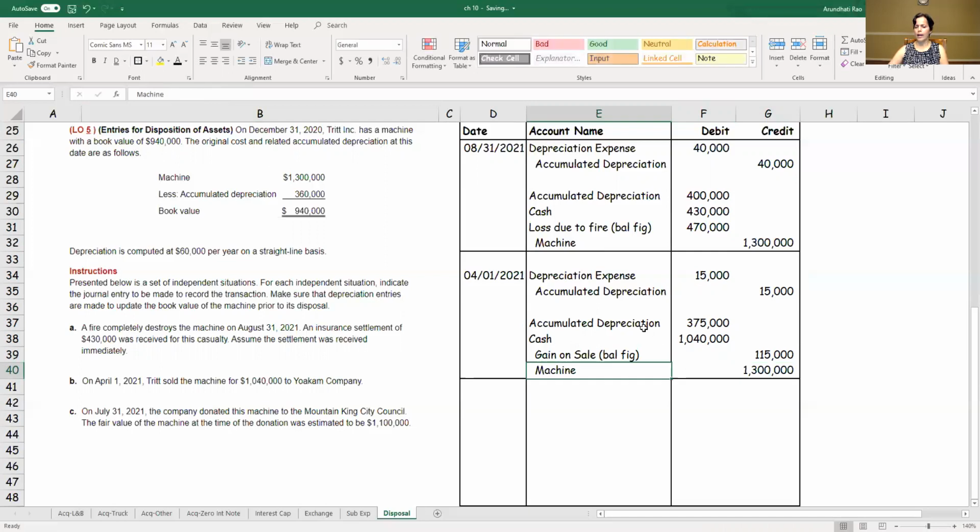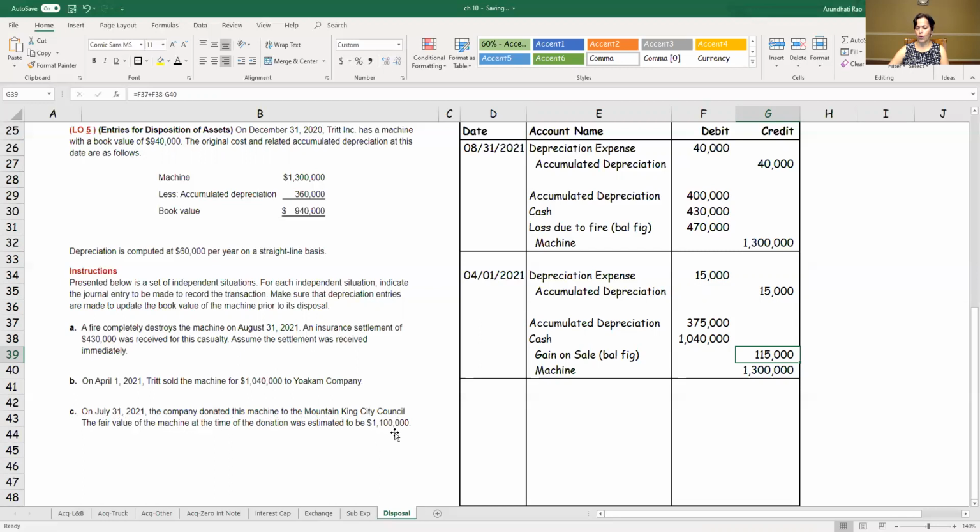Basically, I sold it at more than the book value, and that again is $115,000. Now let's look at the last one. In the last case, the company has donated on July 31st. The company donated the machine to Mountain King City Council. The fair value of the machine at the time of donation is estimated to be